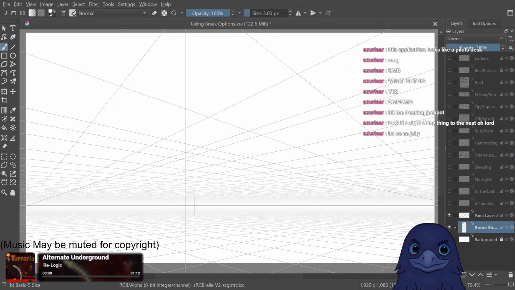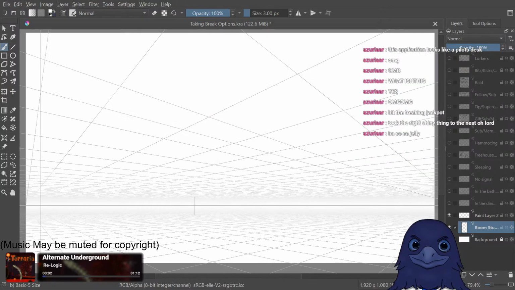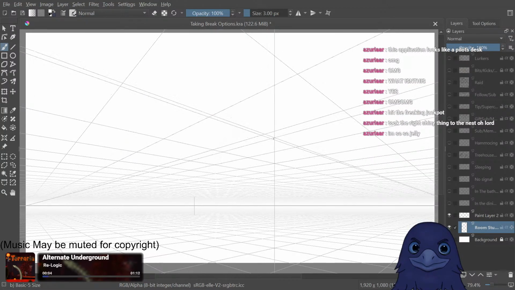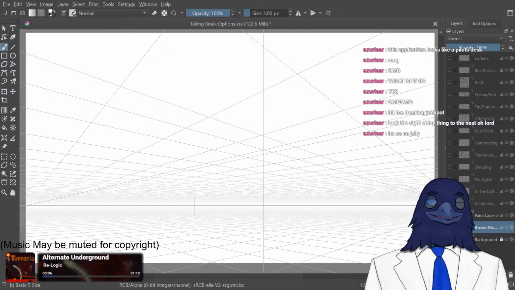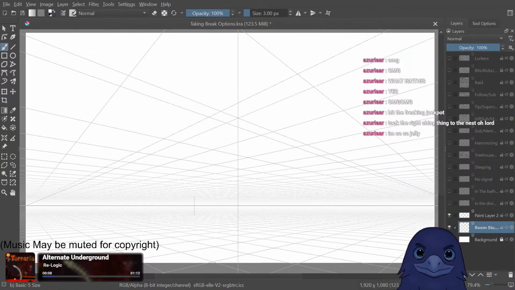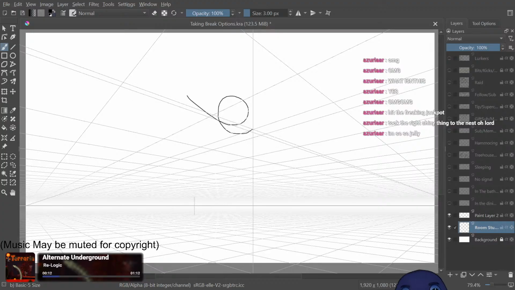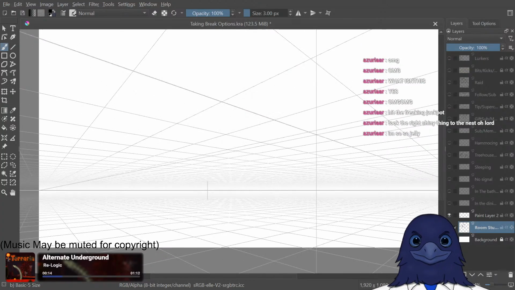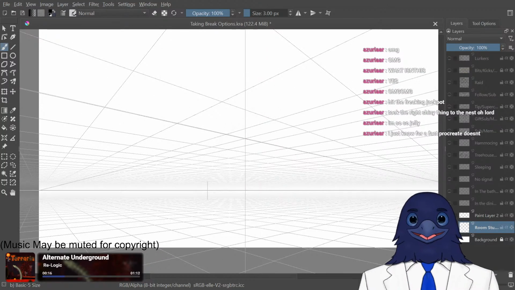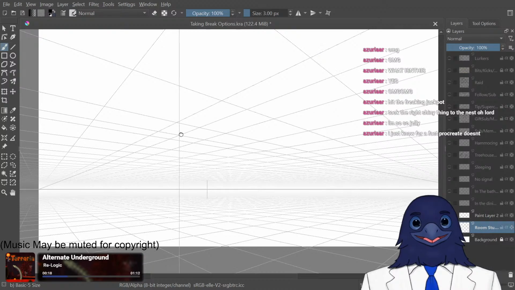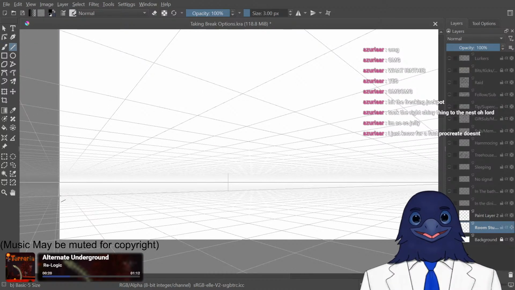I bet. Okay, how do I stop using it? Or how do I draw while I'm using it? I'm a little confused. Oh, it's because I'm drawing in cream colored, so I can't see it. There we go. So now if I go like this,